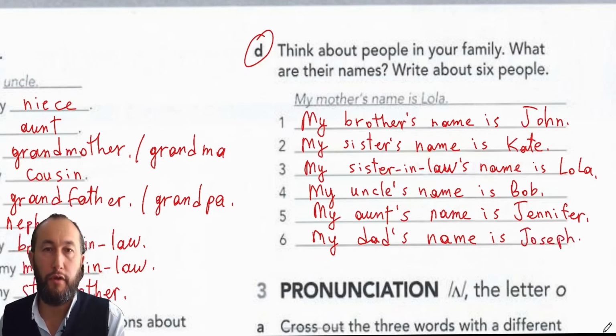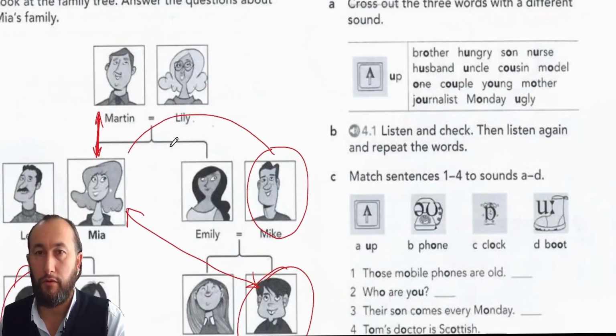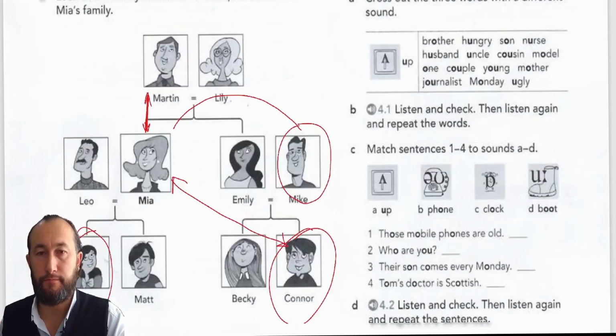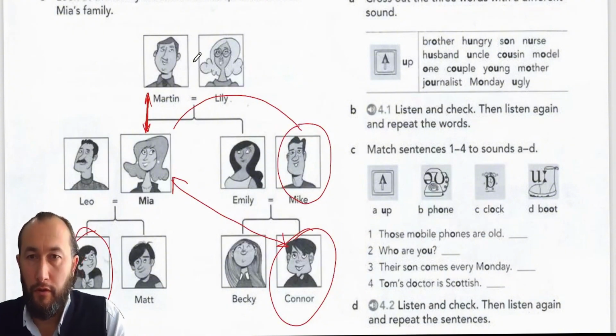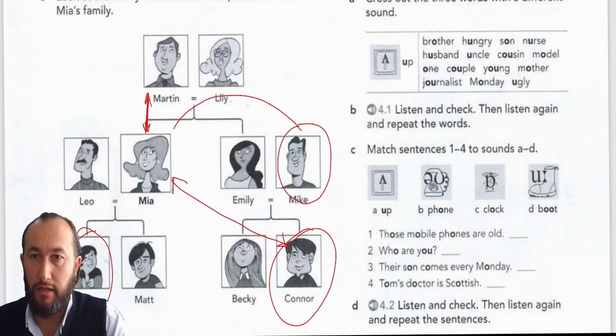Here you go, guys. So we've done it. Now we can zoom out a bit. Now we're going to go down to pronunciation. So, pronunciation. This is the sound. If you see this sound, this is the sound. The letter O, sometimes we can use as a sound, like brother, brother, hungry, son,